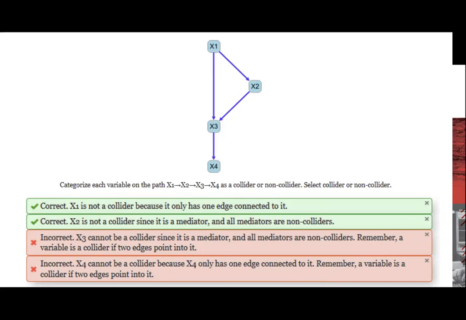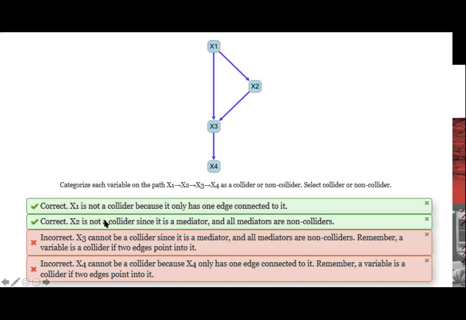In fact, X1 and X4, if you'll notice, give different feedback than X2 and X3. X1 is talking about variables with only one edge, and X2 and X3 are talking about mediators. And right there, I can immediately tell that we're talking about a different knowledge component that's required here. But what's even more nuanced in the reason that X3 is so much harder is what we say here in the feedback,